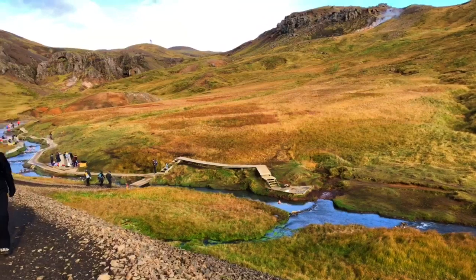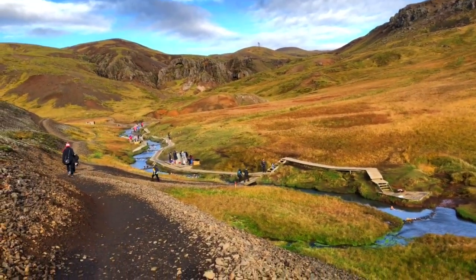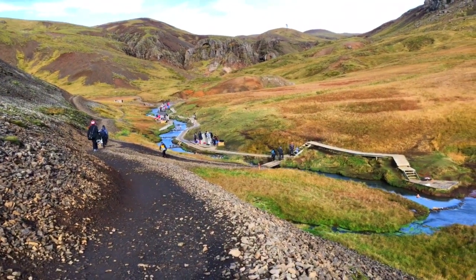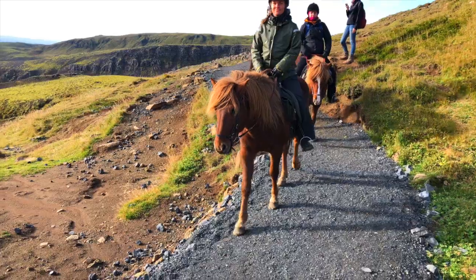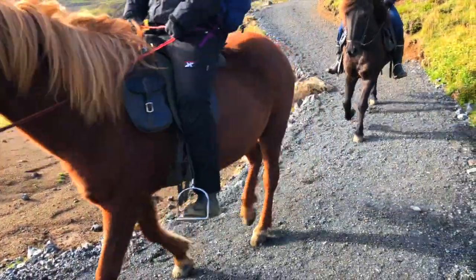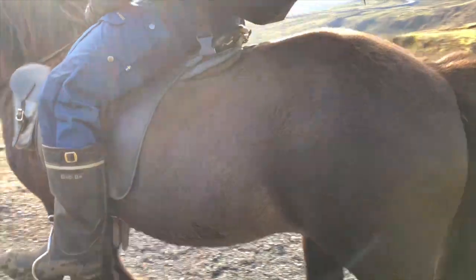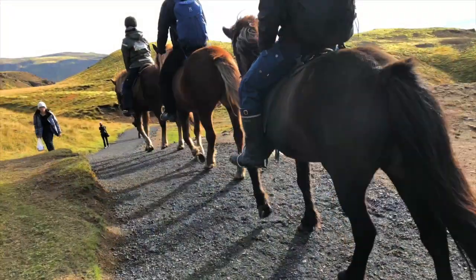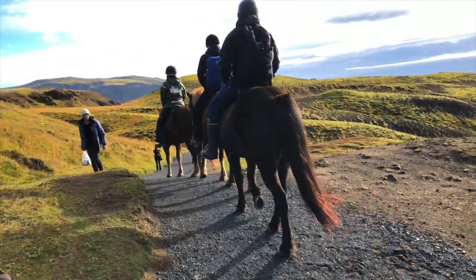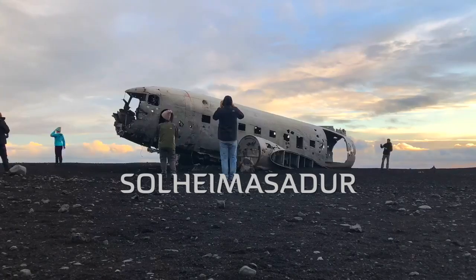I'd budget at least 2 hours, as the hike is going to be about 40 minutes. And you're going to want to spend at least 30 minutes here at the site. It really is quite amazing. It looks like they might have horse riding tours for you to take, and it's quite cute with the Icelandic breed ponies there. But I really did enjoy the hike as much as I did enjoy the hot springs at the end. At this point in the day, we were behind schedule, so we headed straight for